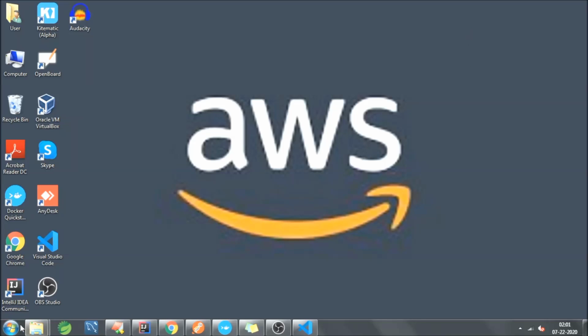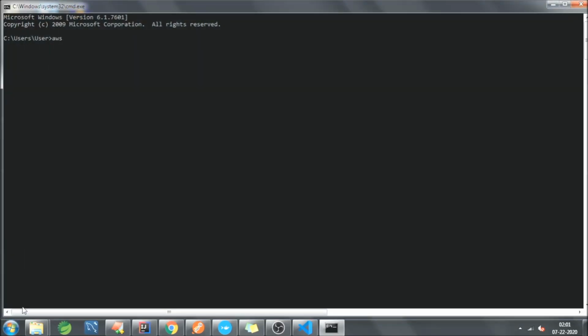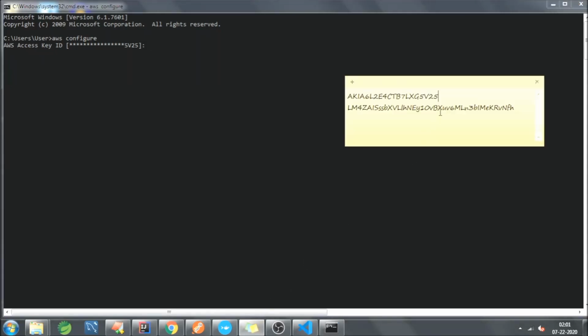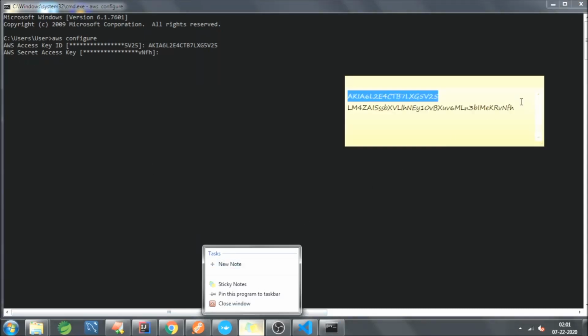The first thing you need to do is go to your command prompt and hit this command. Here you need to provide your AWS access key ID of your AWS account. After that you need to provide your AWS secret access key.